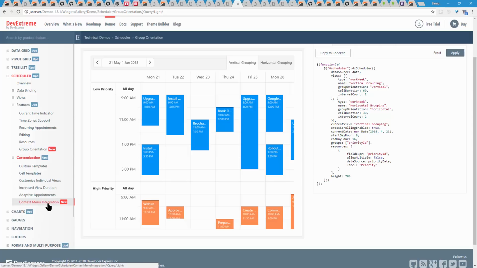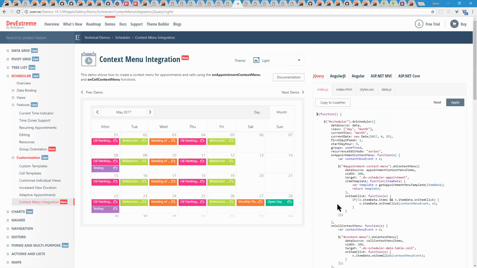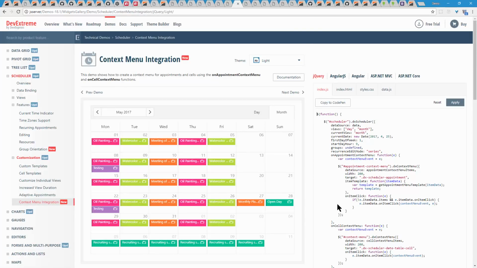Now, we've also introduced in this release a new context menu. When I first heard about this, I was like, wait a minute, we had some kind of context menu. Well, no, we actually didn't. What it was is if you click on an appointment, yes, a little pop-up comes up that lets you open or delete the appointment. But we're now introducing a new context menu that when you right-click on an empty cell or even on an existing cell, you get some default buttons like open and delete, of course, or create